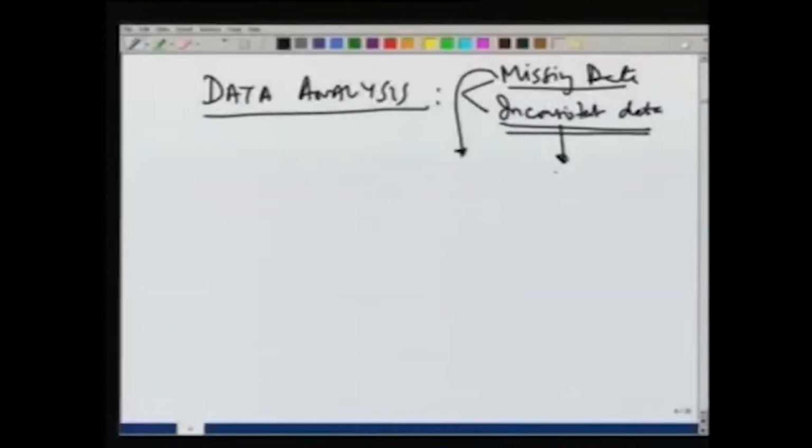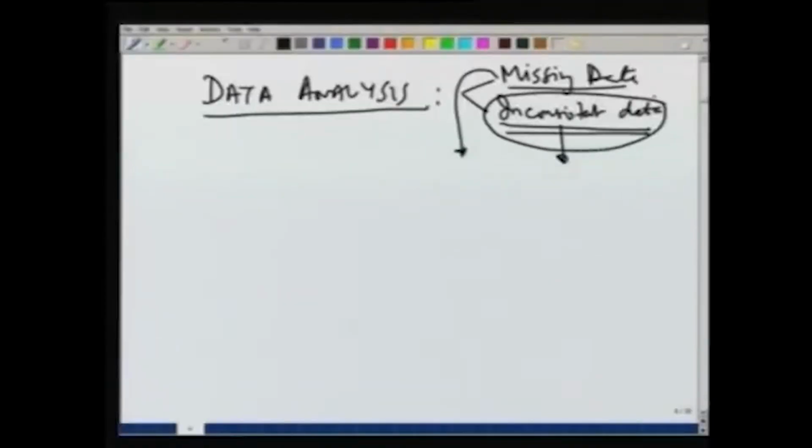Inconsistent data, again, may be caused by various factors, and some of them may be moving the rain gauge from one location to another, or a change in the environmental conditions near the gauge. We saw how to remove the inconsistency by plotting the precipitation at that station against the average precipitation of, let us say, 5 or 10 or 20 nearby stations. Typically about 10 stations are used, and we get a double mass curve which shows